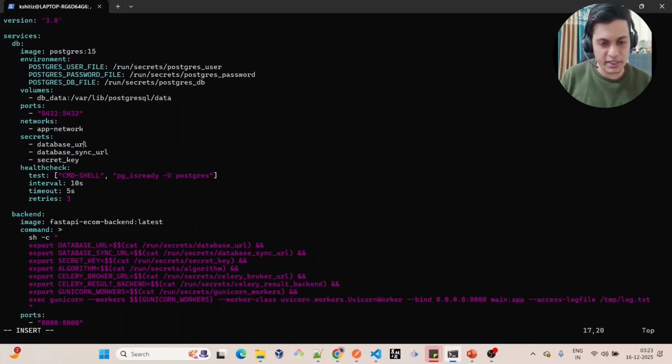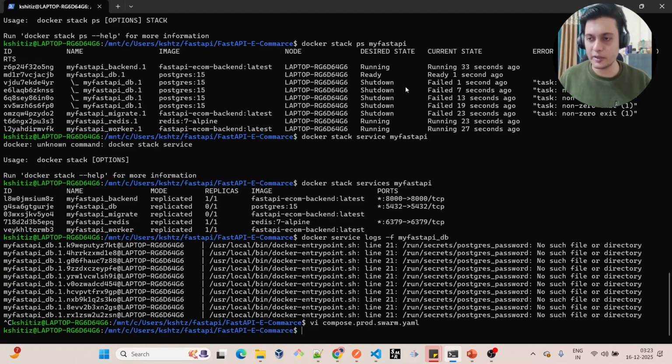First of all, this Postgres user, then this Postgres password, and then the Postgres DB. Okay, let me just update the password and then the DB. So here it is, and let me remove this